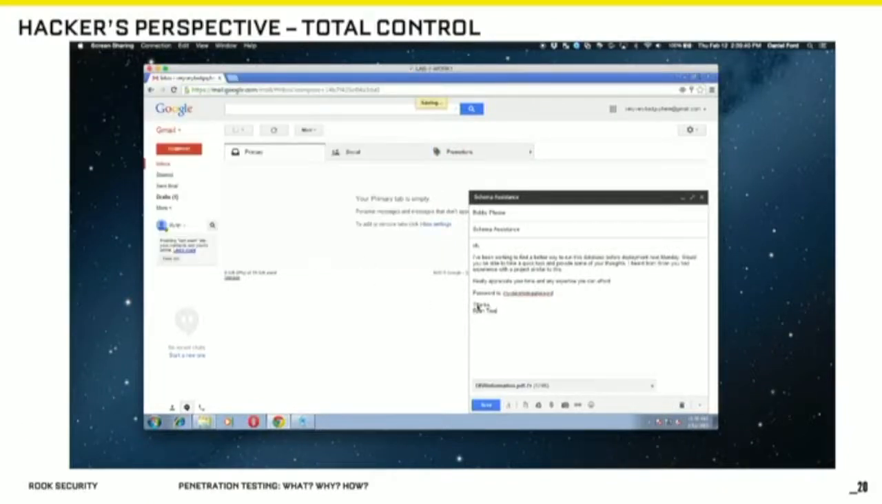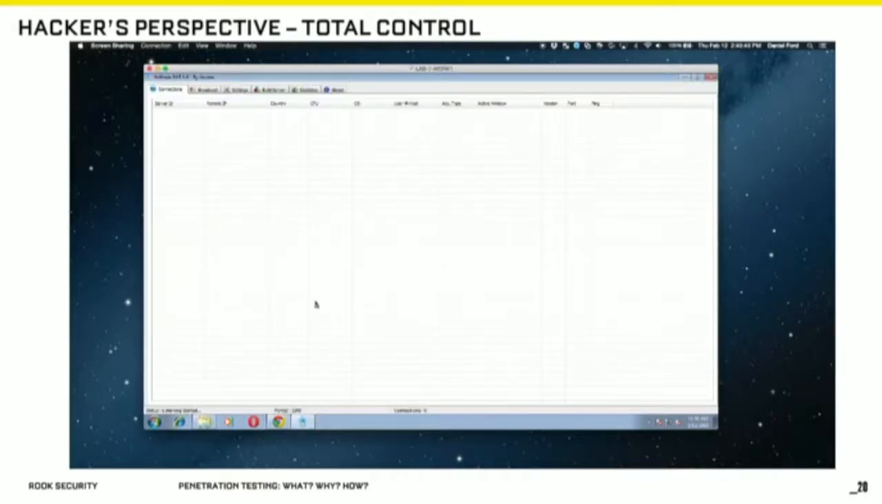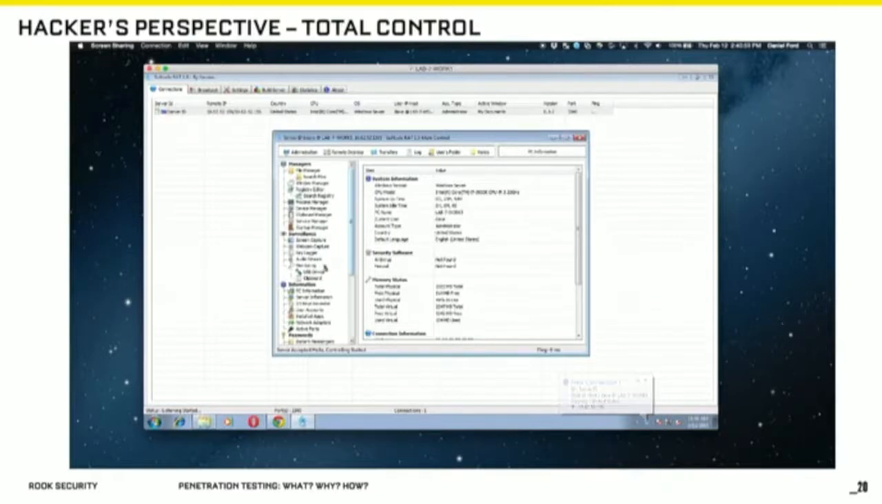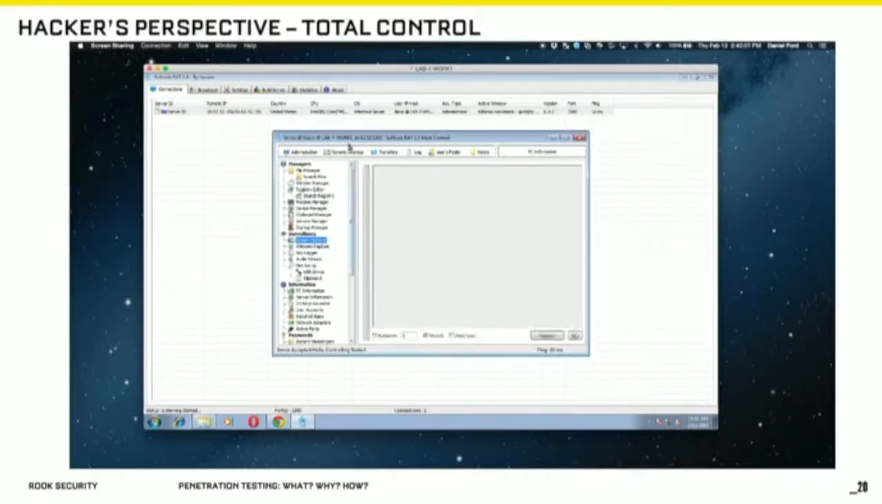This is essentially the other side of the coin. This is what, as a penetration tester, you would be looking at. You send the email, and actually waiting for that email to be responded to is one of the worst times, because you think, well, did I get detected? Is this over? But in this case, no, the administrator executed it, and now he has a remote access Trojan